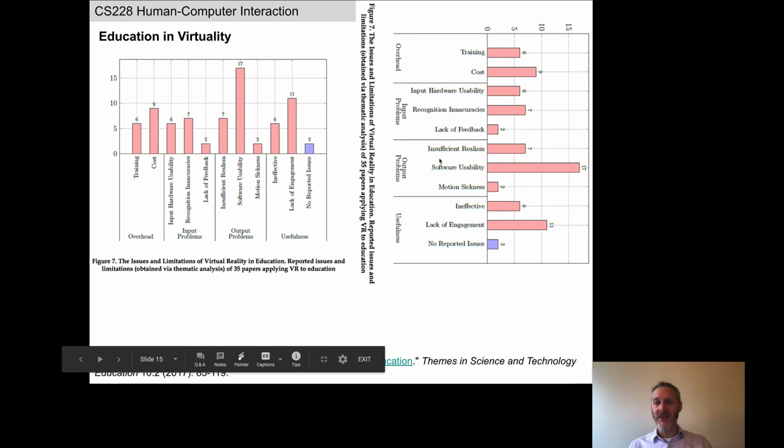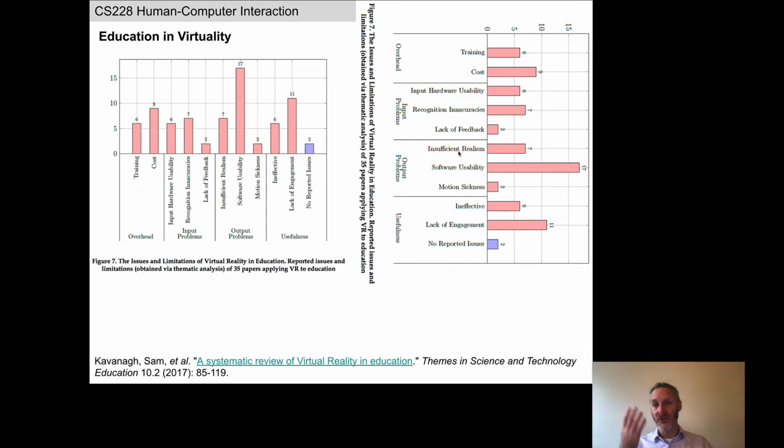Output problems. So these are problems from the point of view of the user themselves. So a lot of the users reported insufficient realism. Given what we've talked about in terms of heads-up displays and treadmills and maybe VR gloves that you wear, what might be going on that causes the user to sort of fall out of the illusion of the virtual experience? What are some of the things that break those expectations that the user has when they're interacting with